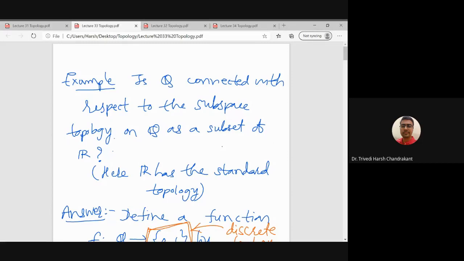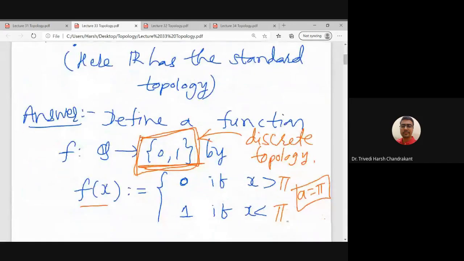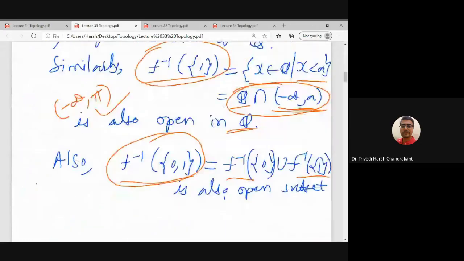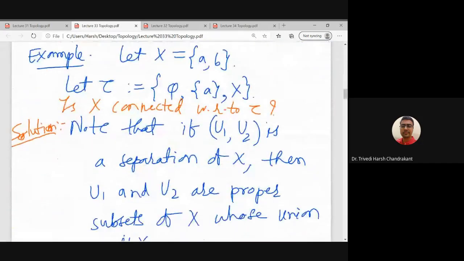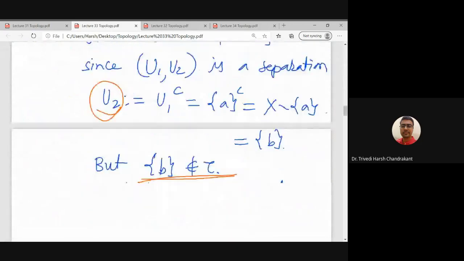We discussed in the last lecture some of the examples of disconnected spaces and connected spaces. So we discussed that Q, the set of all rational numbers, is a disconnected topological space, and we used this result of finding a continuous function taking values in 0 and 1. And then we discussed this example of capital X which is connected, and